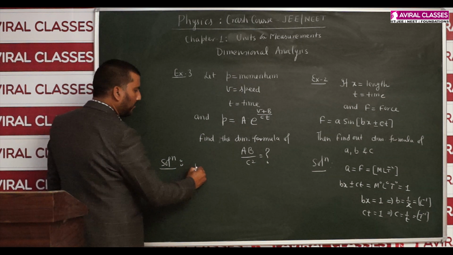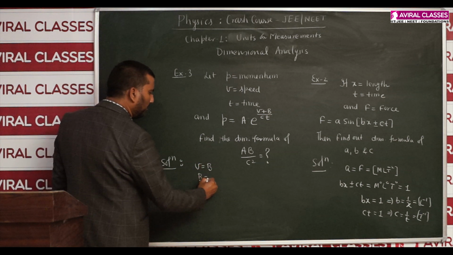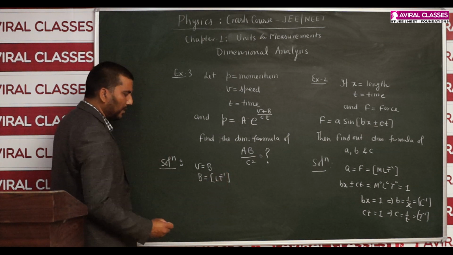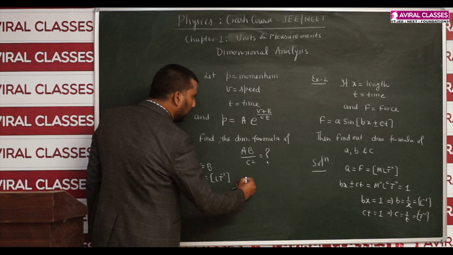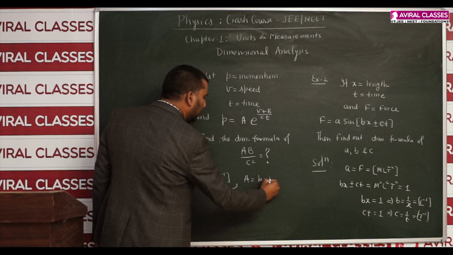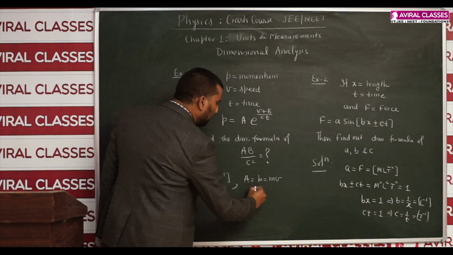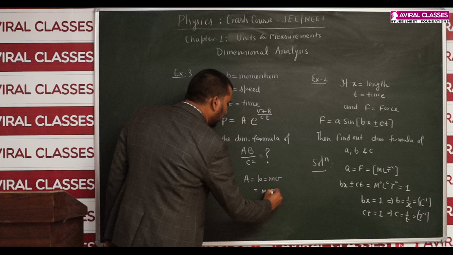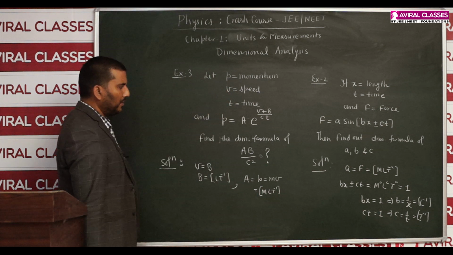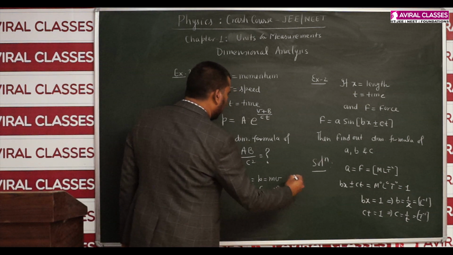First I write V must be equal to B. So dimensional formula of B is velocity, which is LT^-1. I also write A must be equal to P, and you know P is momentum, which is mass into speed. Mass is M, speed is LT^-1. Now I got A also. The third one is